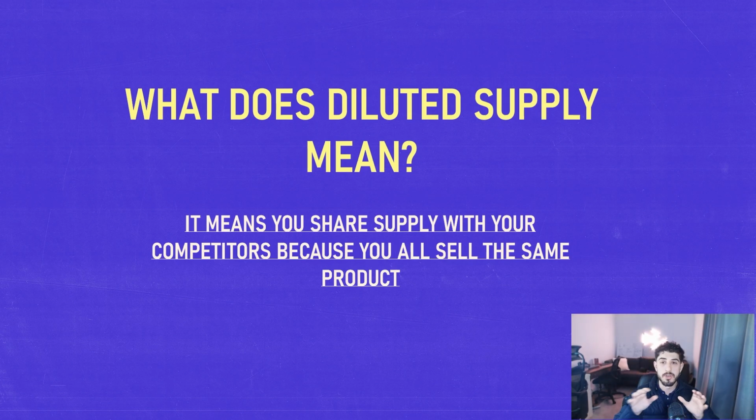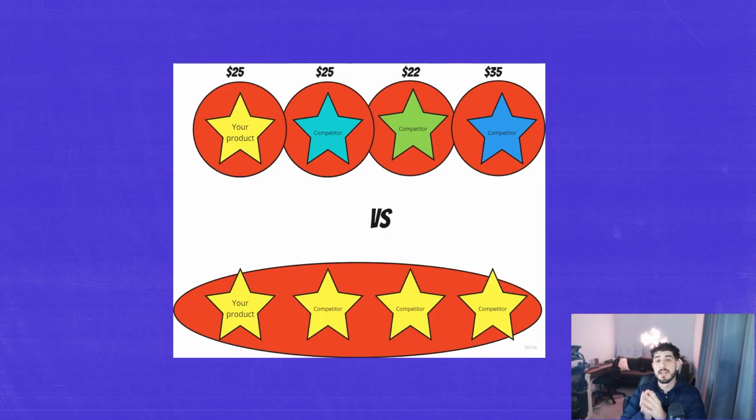As most of the people I'm speaking to are probably going to be small to medium-sized businesses, you're not going to be buying mass volume and driving your price down in a pricing war. It's just not feasible for you guys. So we're focusing on a different kind of strategy that can actually help you. As an example, I want to show you a diagram to help anyone who doesn't understand this whole concept of supply dilution or price dilution.